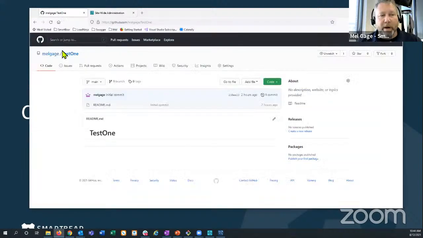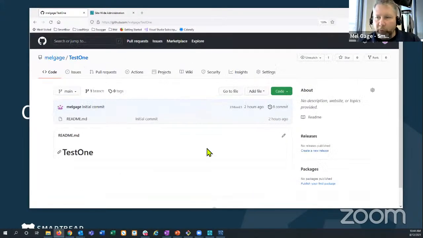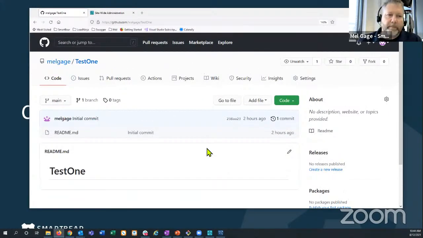So I actually came out to my GitHub repository system. Let's go ahead and zoom in on this for those that need to see it. Came in here and